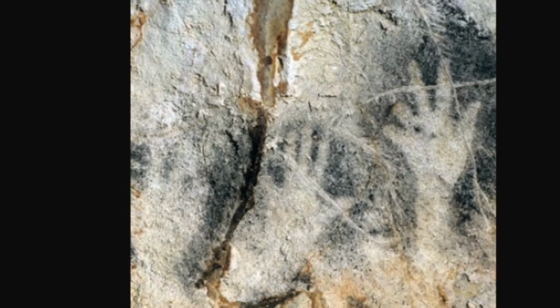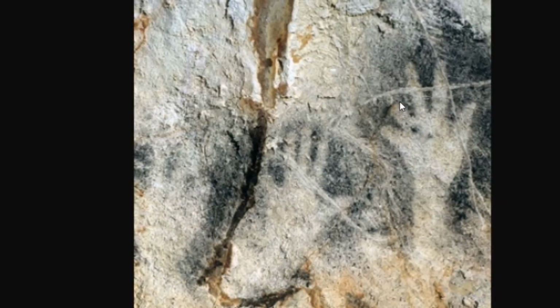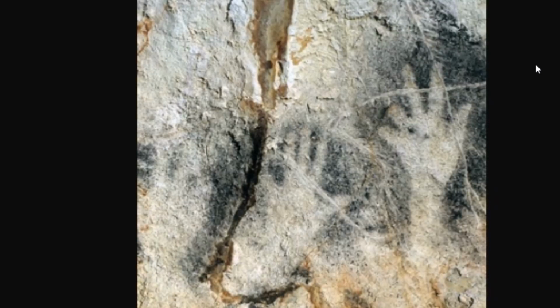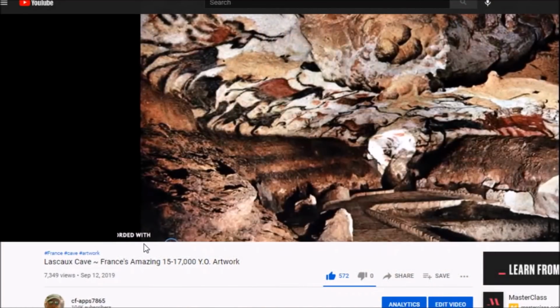You see those in the American Southwest, and some of them are missing parts of the fingers, and they kind of theorize that maybe these were amputated or lost by these people. I don't know. That's just speculation, but that's pretty fascinating. Handprints, 30,000 years old. Now, I first read about the Cosquer Caves when I did this video in 2019 on